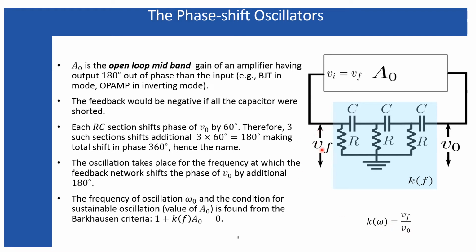So this feedback voltage gets fed to the input while the output voltage is appearing across this feedback network. When you take the ratio, that ratio gives the feedback factor k. But right now, as reactive elements are included within this feedback network, k depends upon the frequency, and that is what we want, because based on the frequency dependence of k, we want to produce oscillation for that frequency for which this network provides this additional 180-degree phase shift. Let's see.